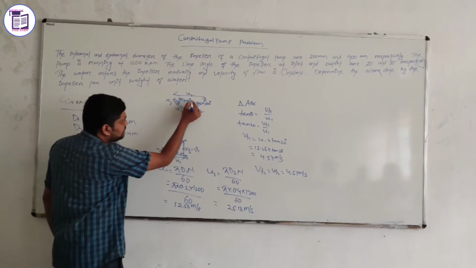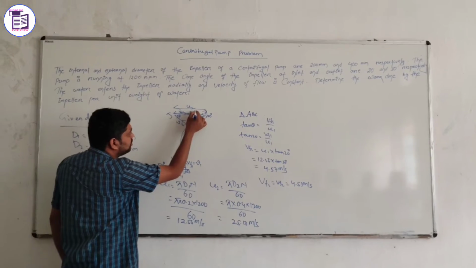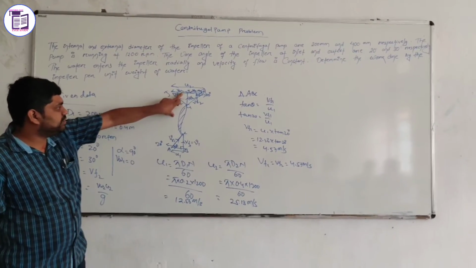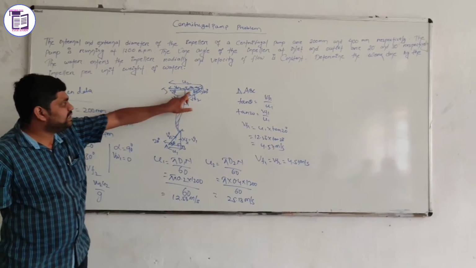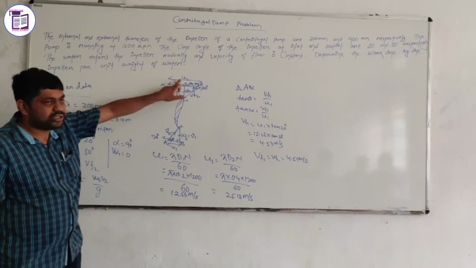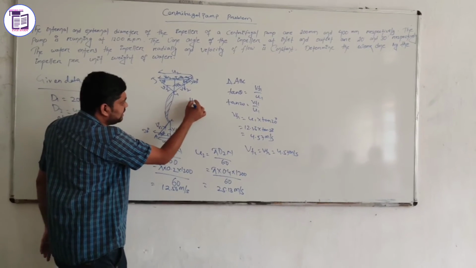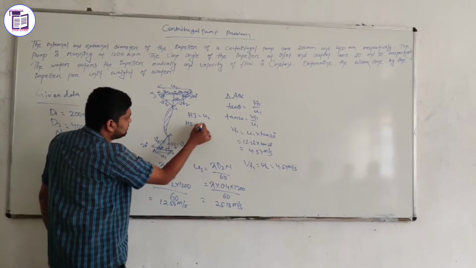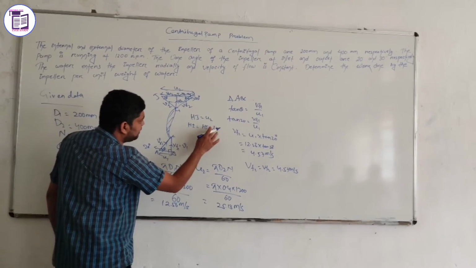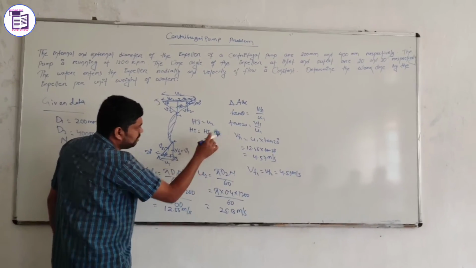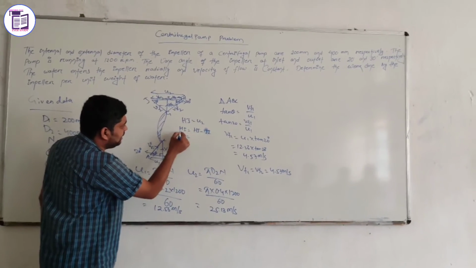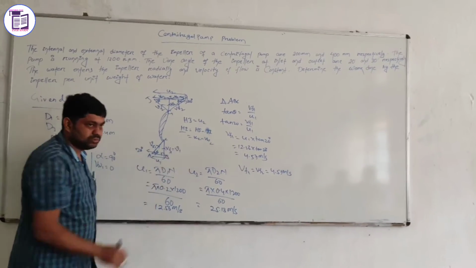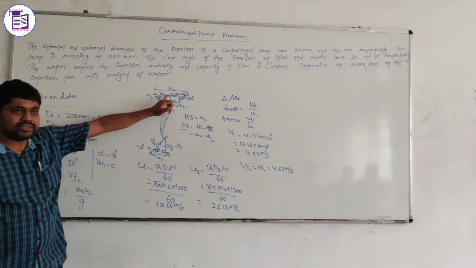So you can consider this IH value is U2 minus Bw2. From this, this is your Bw2, I and J, and this is your HI. Total H to J is your U2. H to J is your U2 magnitude. Then you can find HI is equal to H to J minus J to I, or I to J. From that you can find HI is equal to U2 minus Bw2. So here is the value of U2 minus Bw2.